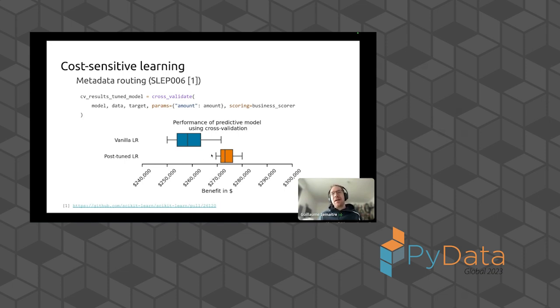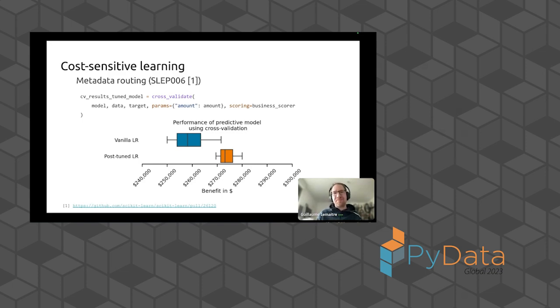And I would say this is super important to use whenever you can a business metric instead of an accuracy, precision or recall when it comes to taking a decision, because